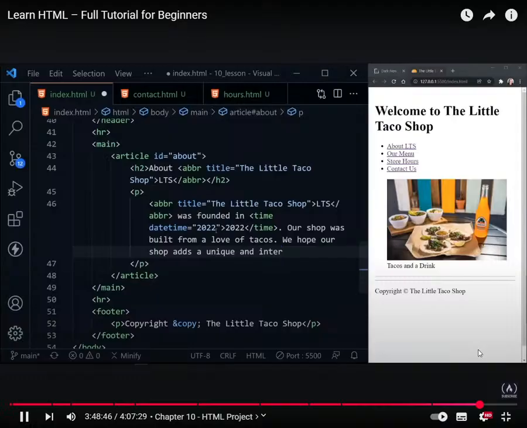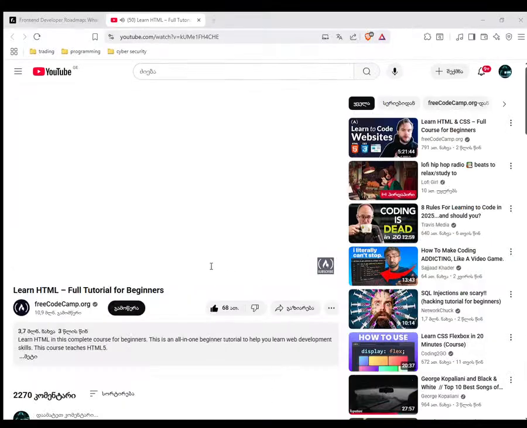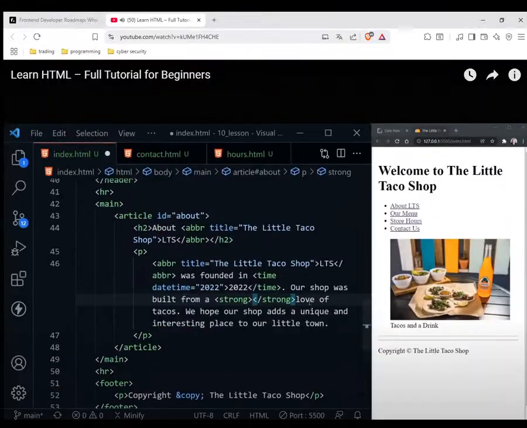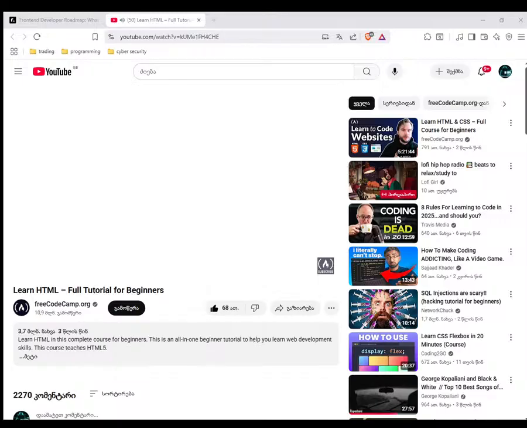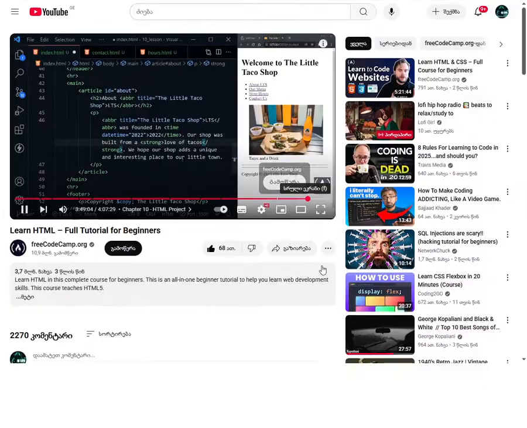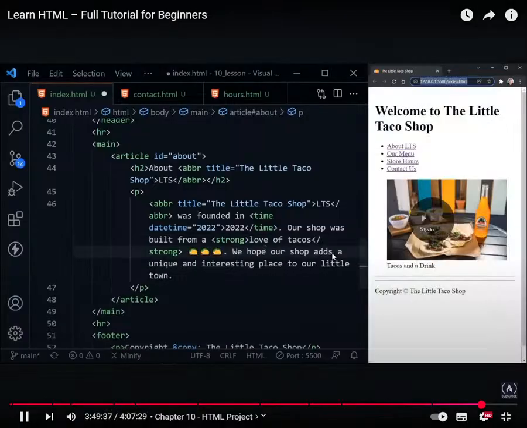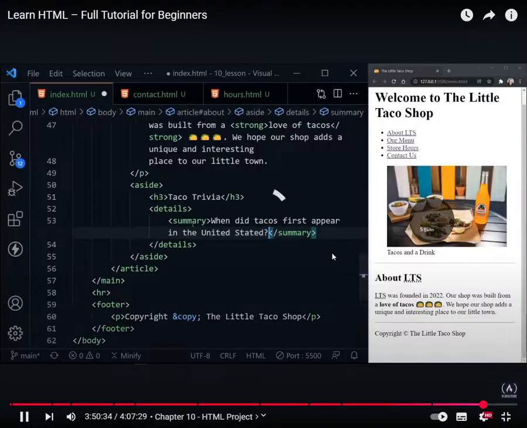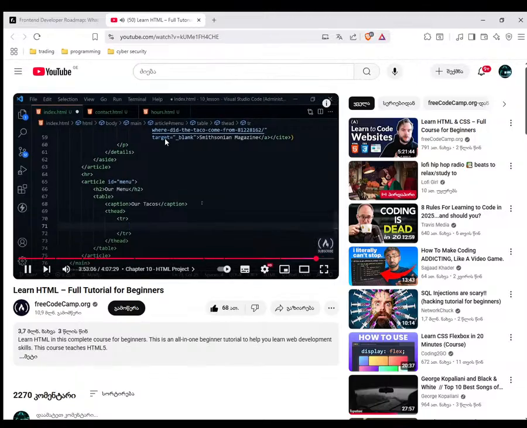An interesting place to our little town. Now let's add just a little more flavor to this paragraph, so we can put a strong element, and then we'll put love of tacos inside that so it has some emphasis. And now we also want to add some, as we've got taco shop, put a D, and that's within just table row, and the table row is going to have